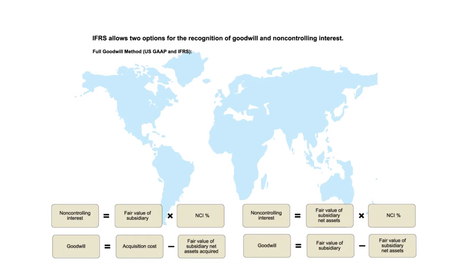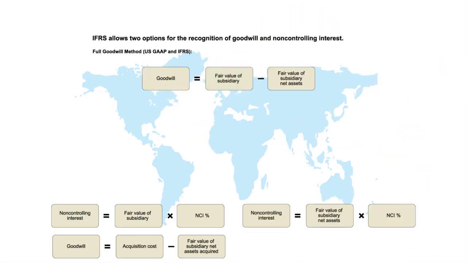Full goodwill method would be what is the total fair value of the sub. Now, we bought 80% of the company for $8 million. That presumes that the total company must be worth $10 million, because if $8 million is for 80%, then $10 million must be 100%, which means the portion we didn't buy is worth $2 million. So what we would do is say the fair value of the sub minus the fair value of their tangible assets, whatever that was, the balance is the goodwill, and we get 80.